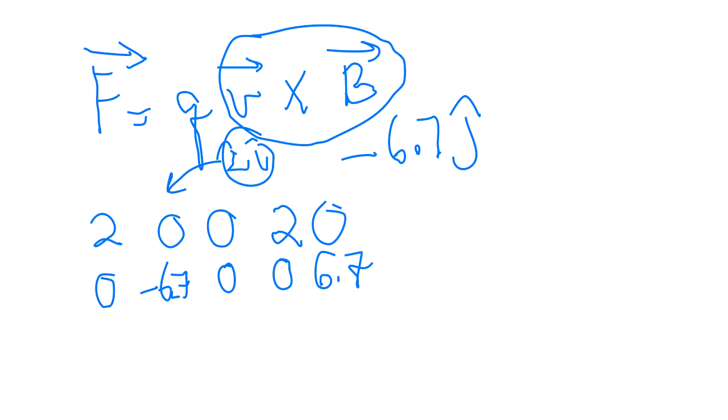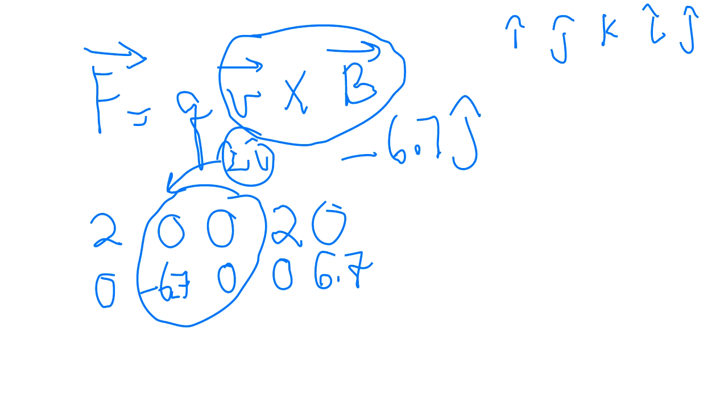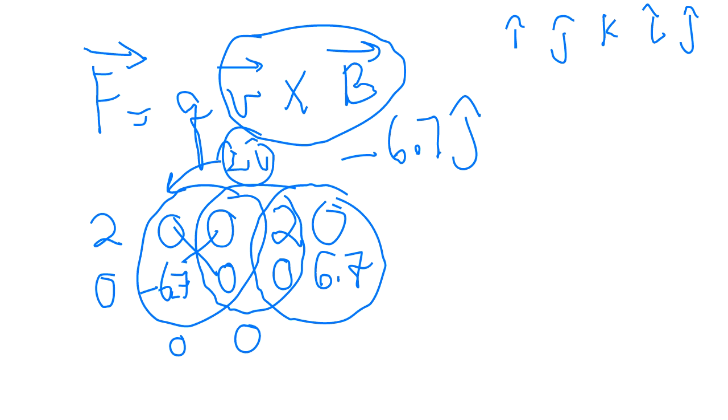So I'm taking the vectors I hat, J hat, K hat, and then I repeat I hat and J hat. The first one gives 0, so the I hat is 0. The J hat is also 0. And in the K hat, remember this is negative, so 2 multiplied by 6.7